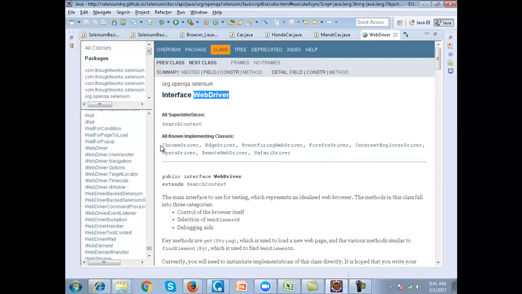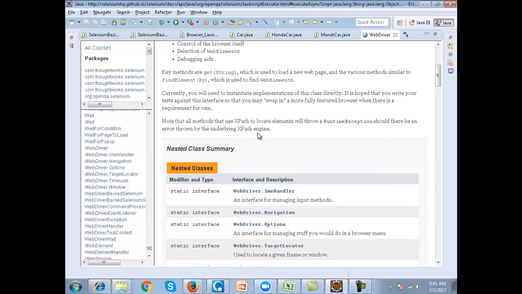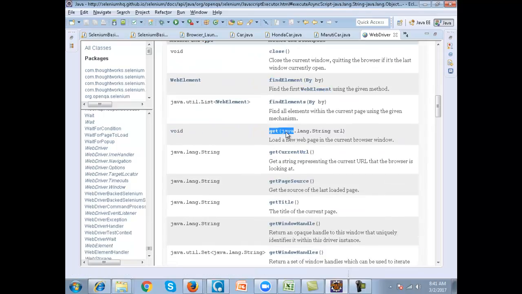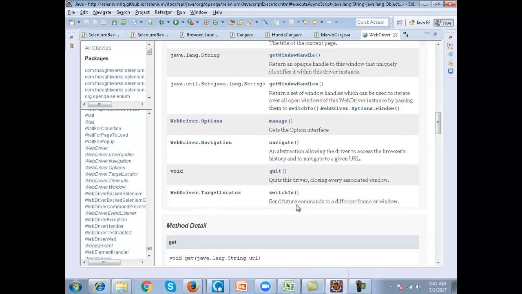So you don't have to study every driver class separately. All the driver classes will have the functions which come from the WebDriver interface. Functions like close, find element, get, get the title of the page. There are a lot of functions.